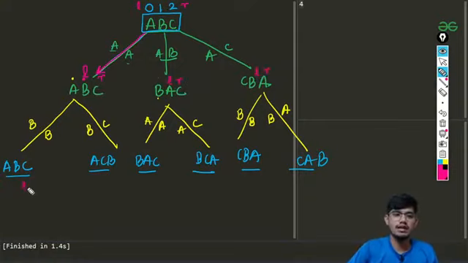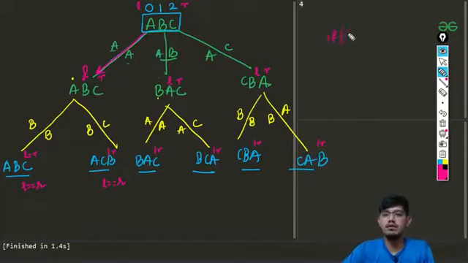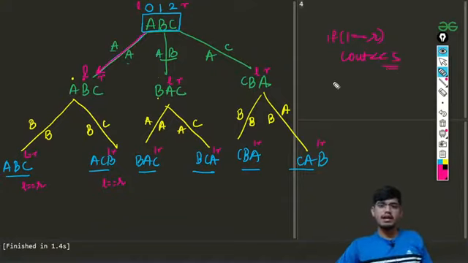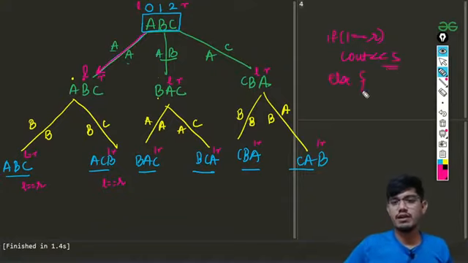Now for this case L will be becoming equal to R, because L will be same as R. Here also L will become equal to R for this case, because L will be here, R will be here, correct? Both L and R will be at the last position. So we will be having some condition that if our L becomes equal to R, then we will be printing this string. Okay, we can call that S. And in the else condition we'll be having some things. Okay, what will be there?